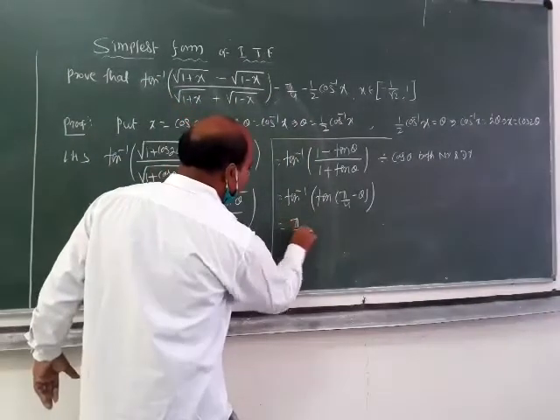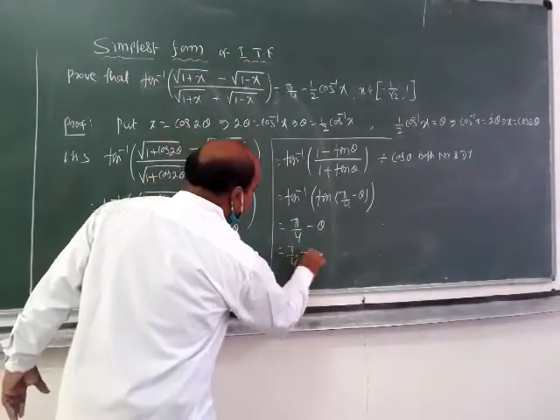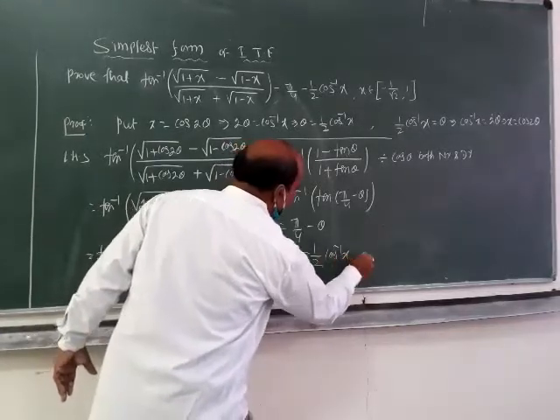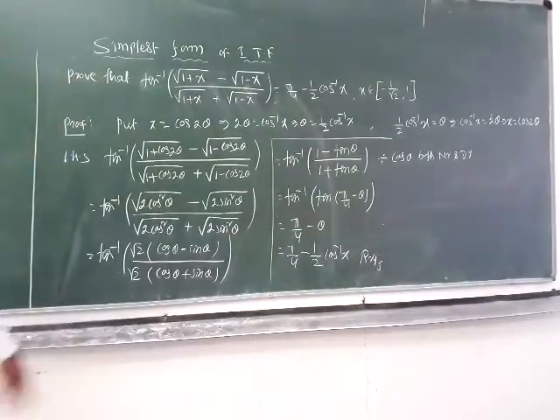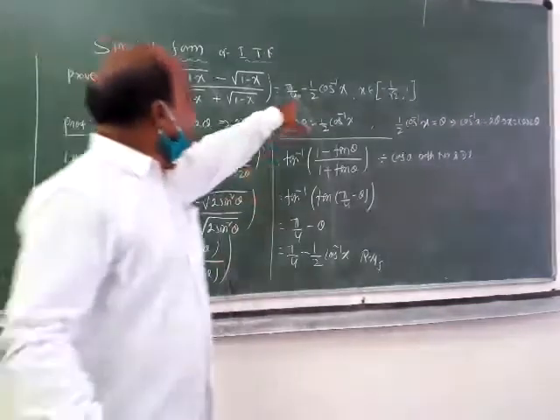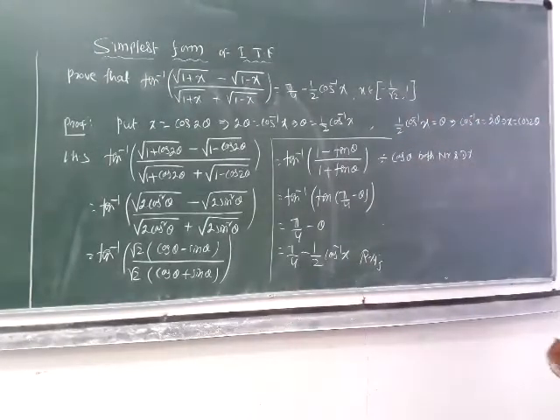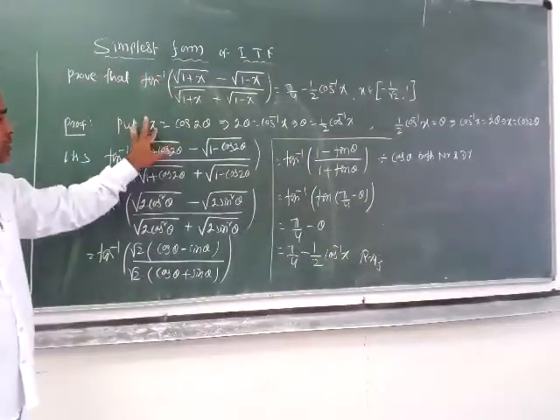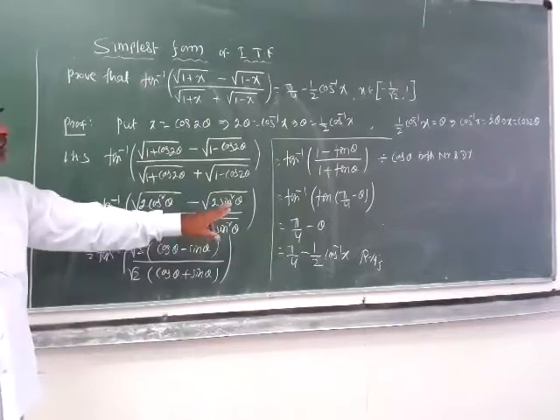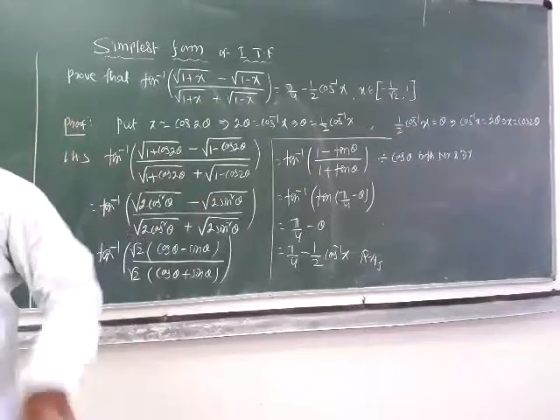So the result is pi by 4 minus theta. What is theta? That is pi by 4 minus 1 by 2 cos inverse x. This is the RHS. Do you understand clearly? Very simple. You don't think what else to substitute for x, that x is there in the RHS. Just compare, then it will be easy for you. Do you understand clearly? Okay now? So try to understand how to get the x value, then substitute, then the problem will be easy for you. Not once, twice, thrice you have to see, then it will be easy. Okay?